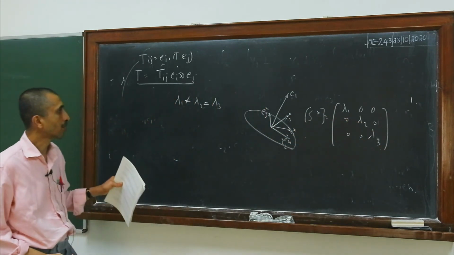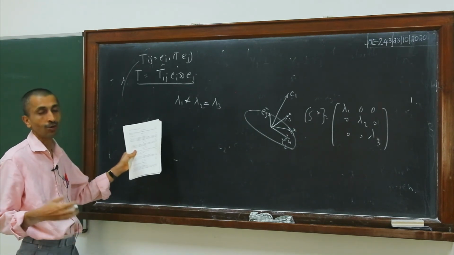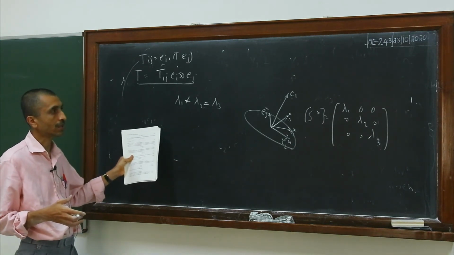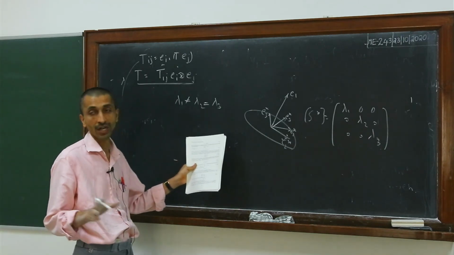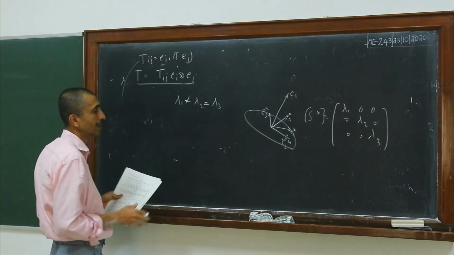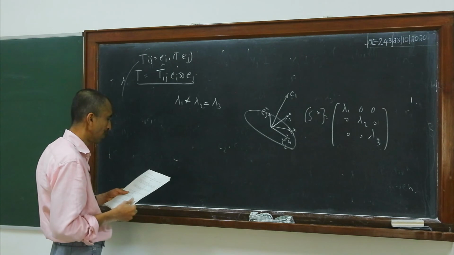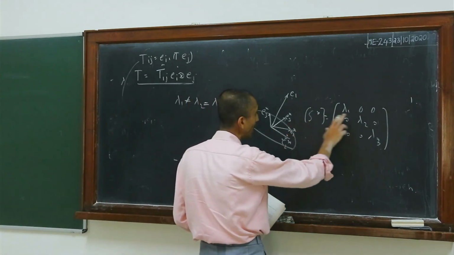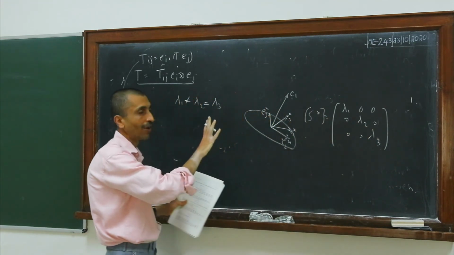So I am not going through the proof of this because, as I said, I have already covered that in ME 242. In case you have not undergone a course such as ME 242 or if you have not seen this proof, you can take a look at the book. Because ME 242 is a prerequisite, we are supposed to have covered this proof. So I am not going into all the details about how we get this, but this gives a summary of the final result here.